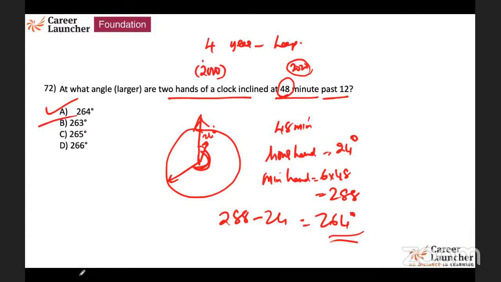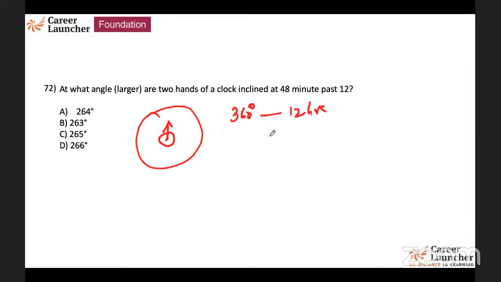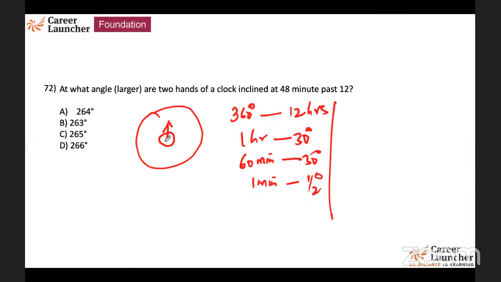Again, clocks and calendars have some basics with them. I'll just take 2 minutes of basics for this. See, if you look at an hour hand, if it goes the entire 360 degrees, that is 12 hours. That means in 1 hour, it goes 30 degrees. That is, in 60 minutes, it goes 30 degrees. Or every minute, it goes half a degree. That is one way to understand it.